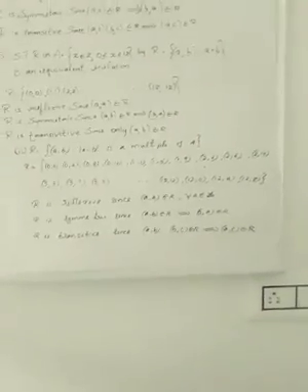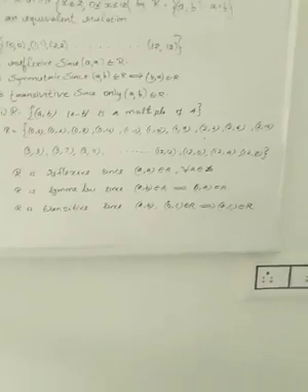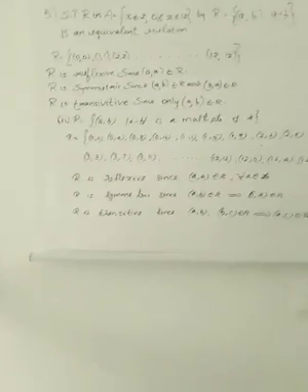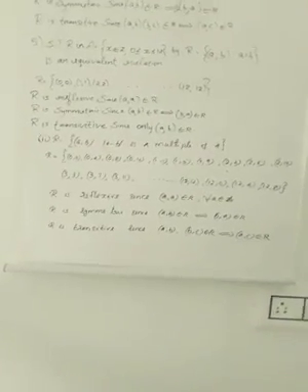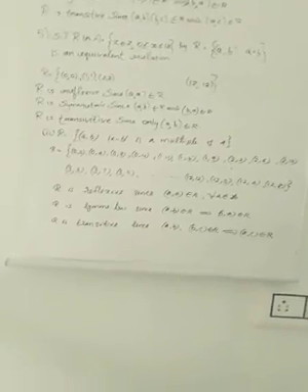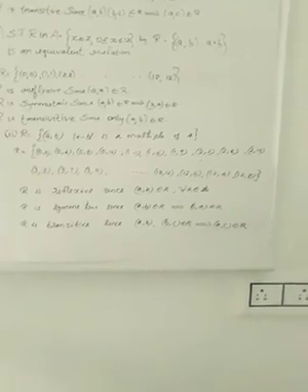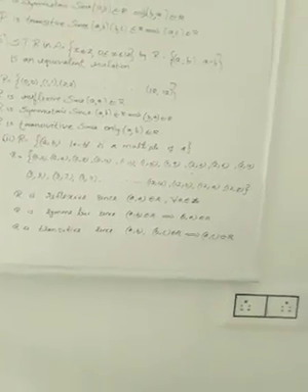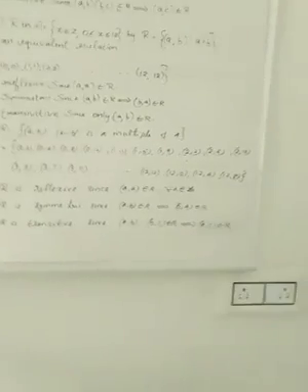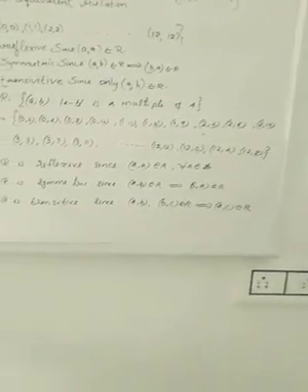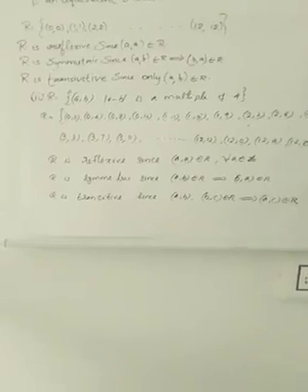Okay, and check the first property, reflexive. What is reflexive? All the same pairs. Yes, the pairs (0,0), (1,1), (2,2), (3,3), (4,4), up to (12,12). All are there. We can say that it is reflexive, and generally we can write (a, a) belongs to R for all a. And is it symmetric? See, (0,4) is there. Yes, (4,0) is also there. Okay, (1,5). Yes, 1 minus 5 is a multiple of 4. Yes, (5,1) is also there. That is, for any (a, b) belongs to R, we can find (b, a) also belongs to R. It is symmetric.